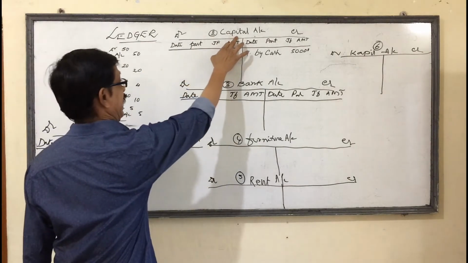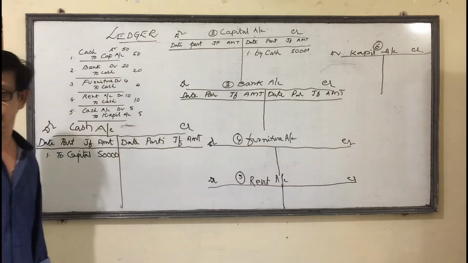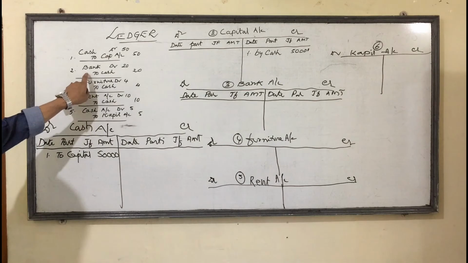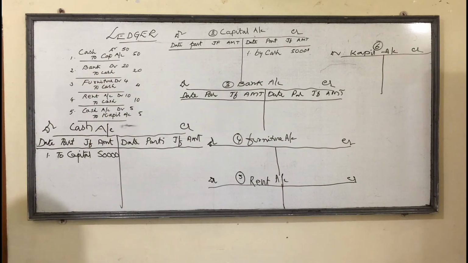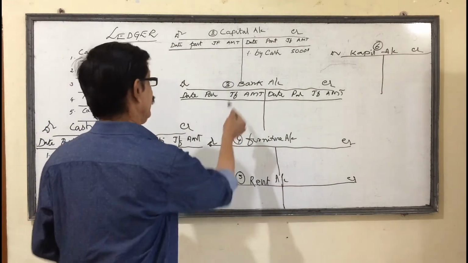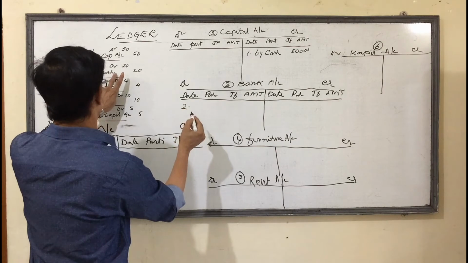In the credit side, credit account, we have to write down the debit name. Now go through the second one, you can understand once again. Bank account debtor. Bank account debtor means the bank account is debited. In the bank account, debit side, you have to write down the credit name, cash.